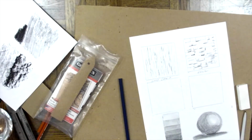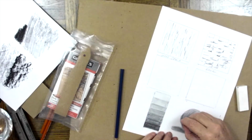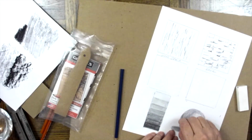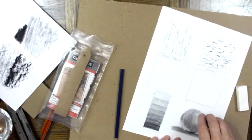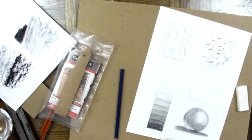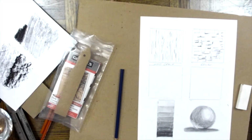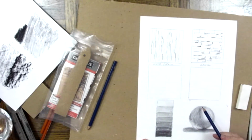And if I wanted to bring back that reflected light, I can take my kneaded eraser and make a shape that I can just go right back in there and take out some pencil. I can do that here as well and get right back to the paper. Again, because I used a soft pencil. If I'd used a hard pencil, it would be hard to do that. And you're going to just keep going back and forth until you get this to where...